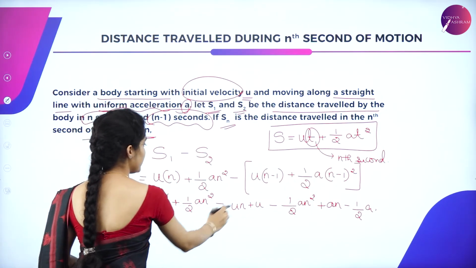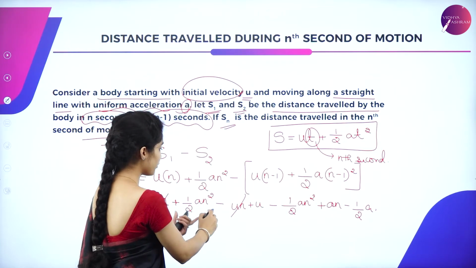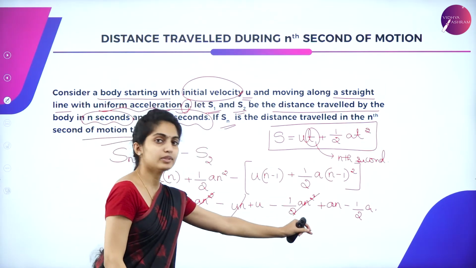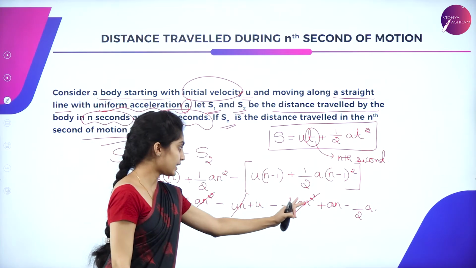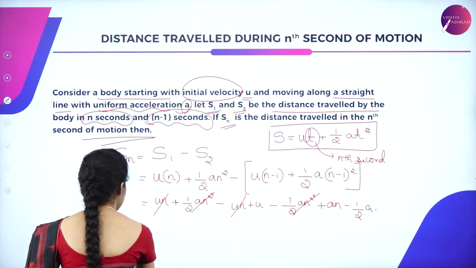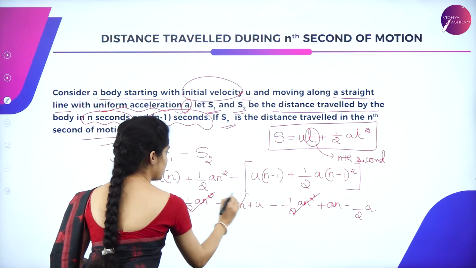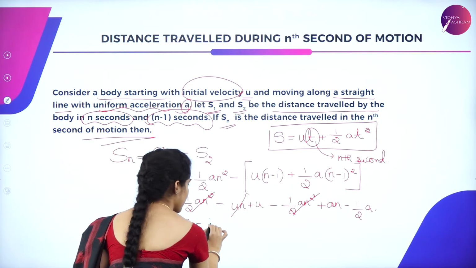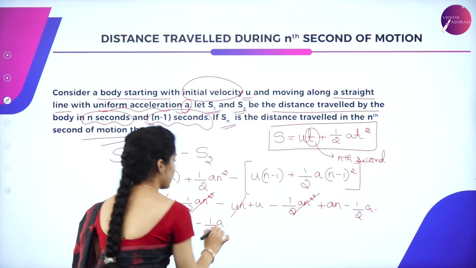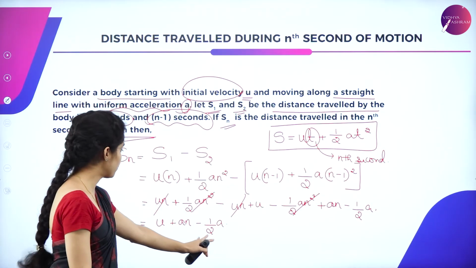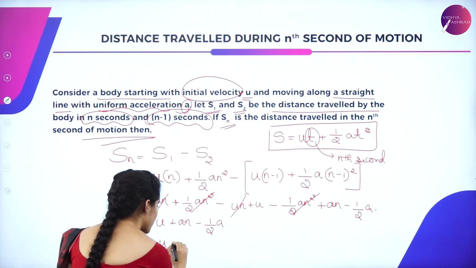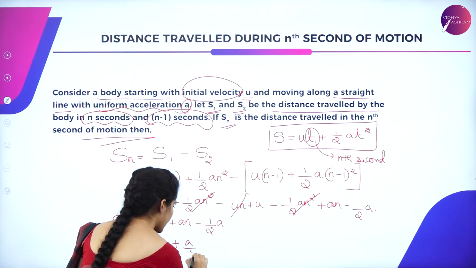So your un cancels, and plus half a n square and minus half a n square cancel, because same numbers with different signs get cancelled. So what remains is Sn is equal to u plus a n minus half a. So it is Sn is equal to u plus a by 2,